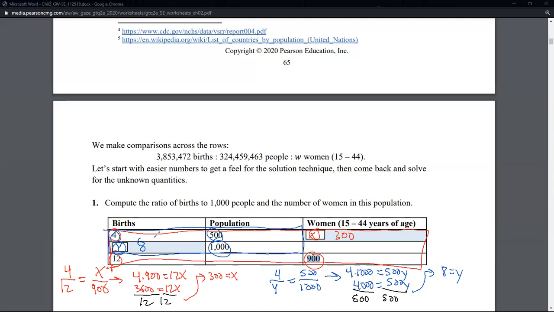I'm thinking we'll call it a day there. So we haven't finished this section. What we'll do next time is go and complete that original problem, but instead of having nice, easy, pretty numbers like 4, 12, 500, 1,000, and 900, we're going to go back to having